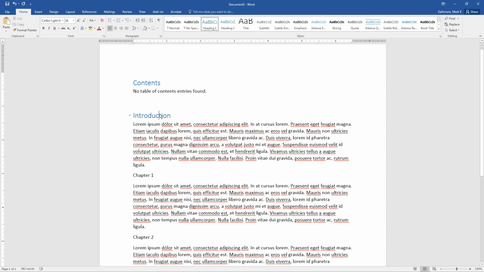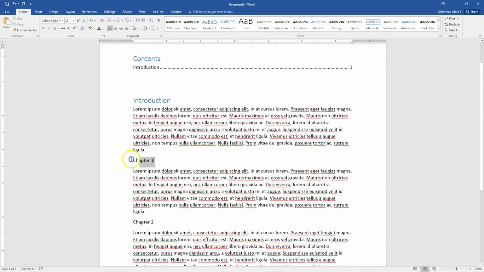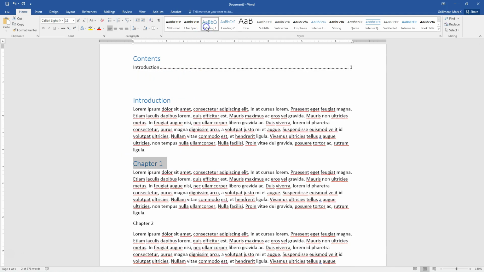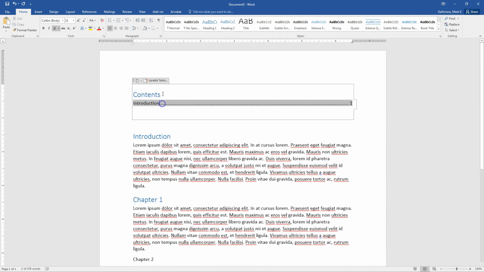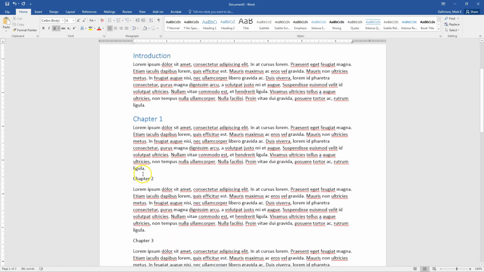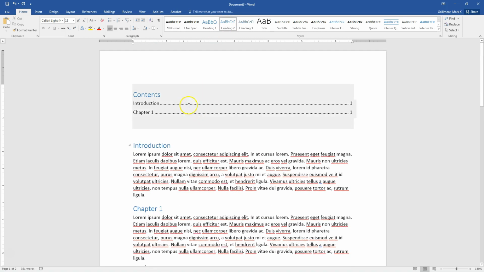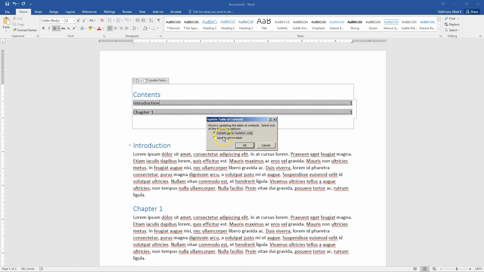Okay, so once I've done that, let's come back up to the table of contents. I'll click on it, and I'm going to say Update Table, and you're going to see it's added Introduction. If I choose Heading 1 for every single item, and I've got to update the table of contents, and here, update the page numbers only. No, I want to actually update the entire table because I want to add the Chapter 1 link. They're going to be on the same level, whereas if I choose Heading Style 2, and then I update the table of contents,